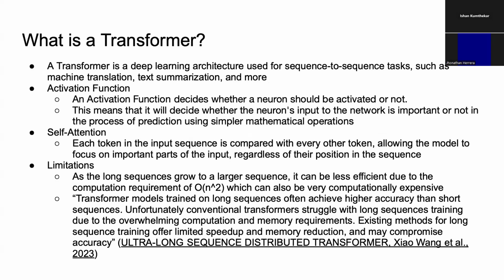So before getting into state space models, I want to give a prereq in case no one knows what a transformer is. A transformer is a deep learning architecture used for sequence-to-sequence tasks, such as machine translation, text